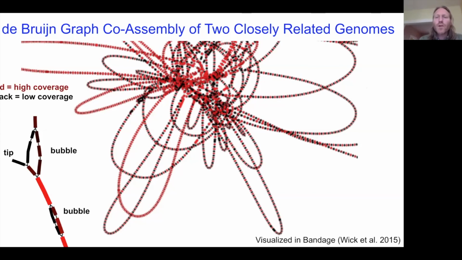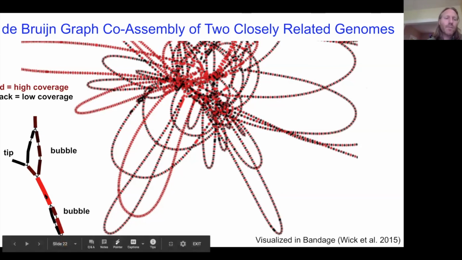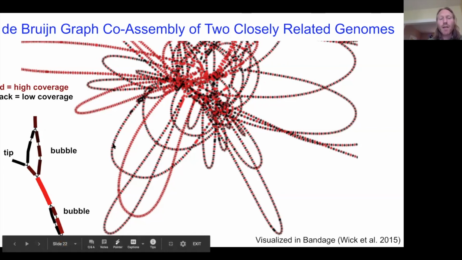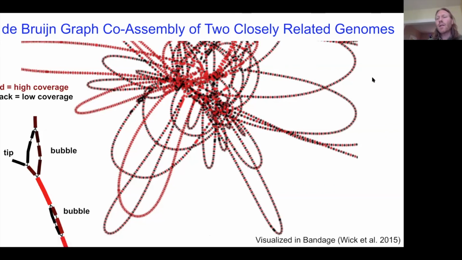So what you can see is that every time there's a single nucleotide polymorphism between these two genomes, we get a bubble. So the bubbles are in black because they're lower coverage, and the pieces of the genome that are contiguous or identical between the two genomes are in red here. So essentially we have these red, black, red, black, red, black, red, black pattern. And each of these, the lengths of these contigs in this assembly are something like 100, 200, 300 base pairs long, because there's so many